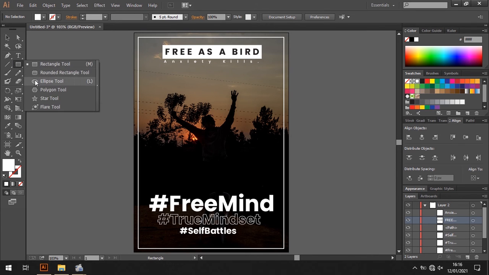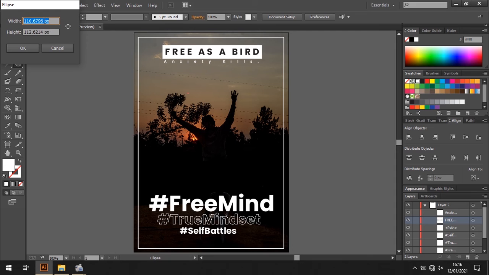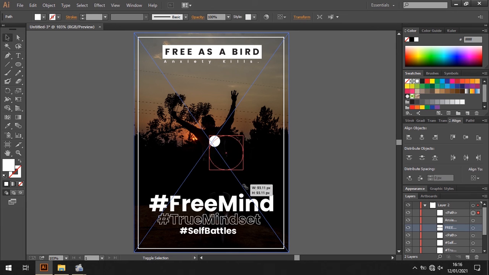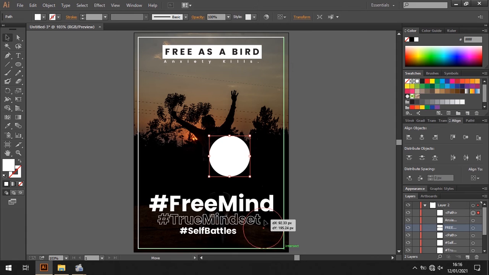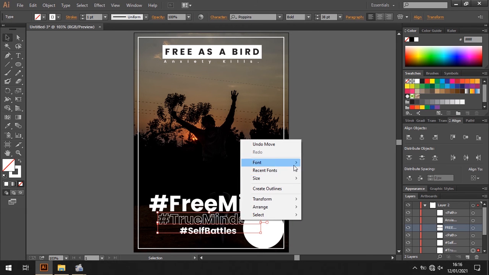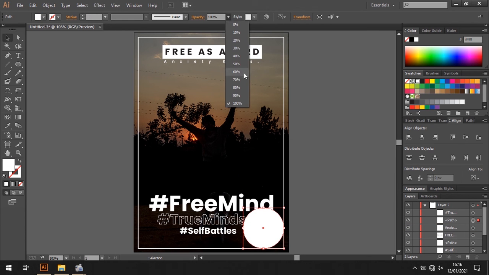Let's try some shapes, like making circles. We can use the ellipse, making the width and height the same size for it to be a perfect ellipse, 30. And then pressing shift and resizing it, and let us try to put it at the bottom, bring it to front, arrange, bring to front, then change the opacity of the ellipse to 50, for example,